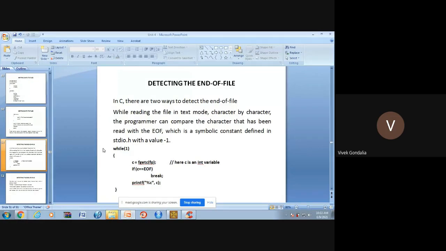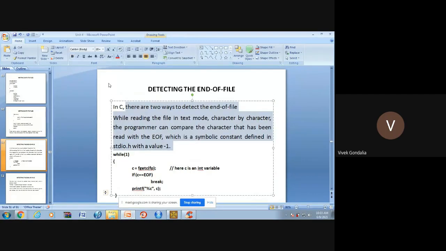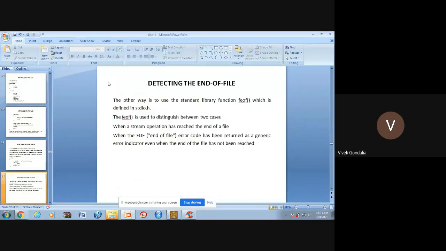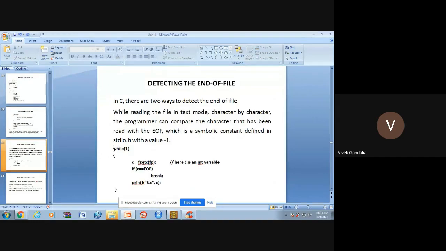That is, you can detect when the data will complete, and after that there is no data. But this is the manual way of detecting the end of the file. One function is also available, feof. See this thing, one function is also available in C that will identify the end of the file, and it is already available in stdio.h. So you don't have to write this code.